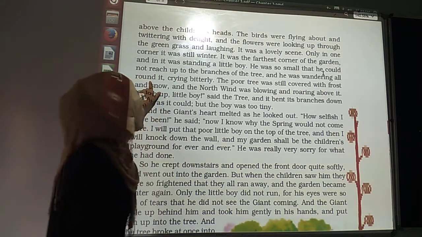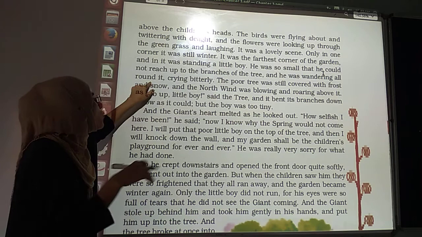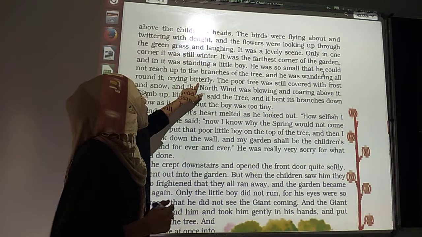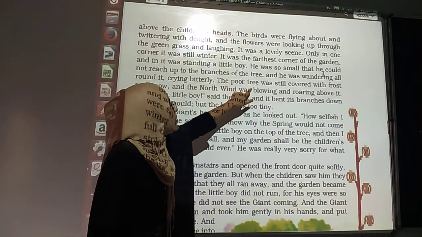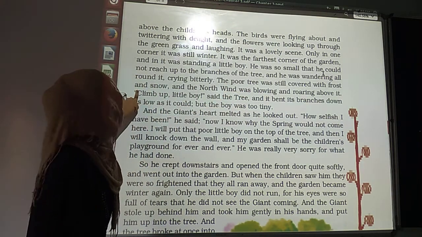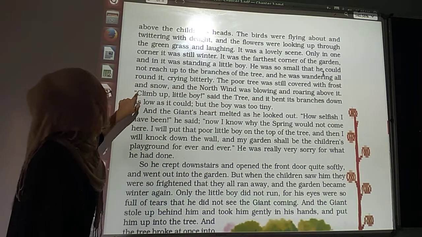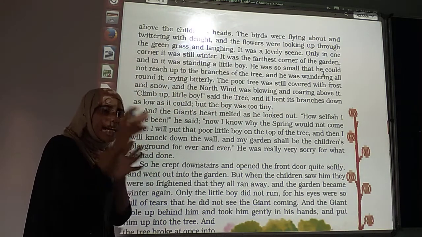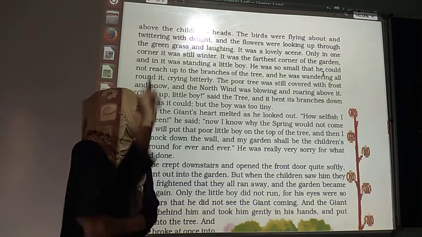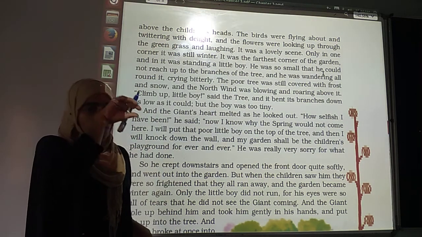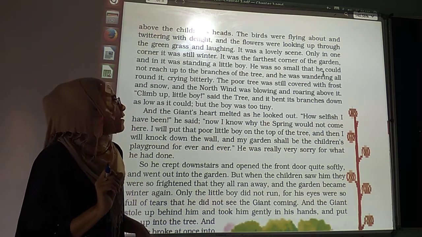And he was wandering all around it, moving here and there around the tree and crying so loudly. The poor tree was still covered with frost and snow, and the north wind was blowing and roaring about it. Now, only in that corner of the garden, the giant saw that there is still the winter season there.